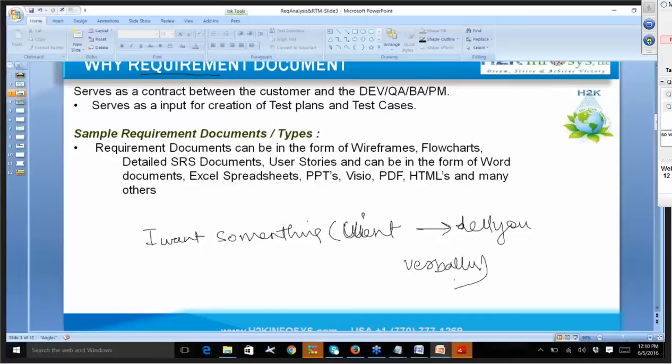So we don't have changes. Because it is going to serve as a contract between the customer and the developer, QA, BA, PM. Why? Because if you have one document and everybody refers to that document, just imagine the number of miscommunications you are not going to have. If there is no document, somewhere or the other, somebody or the other is going to make some kind of assumption, which we don't want. So if there is one document, everybody